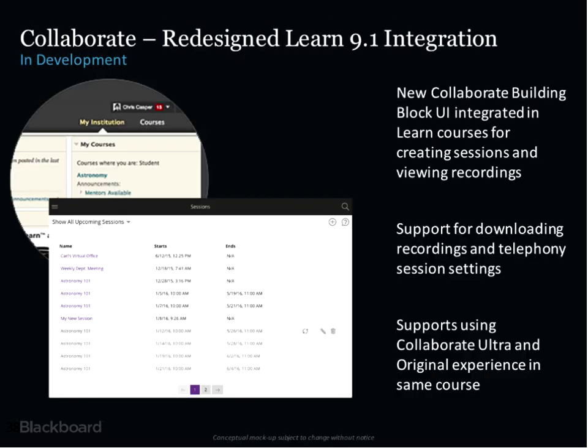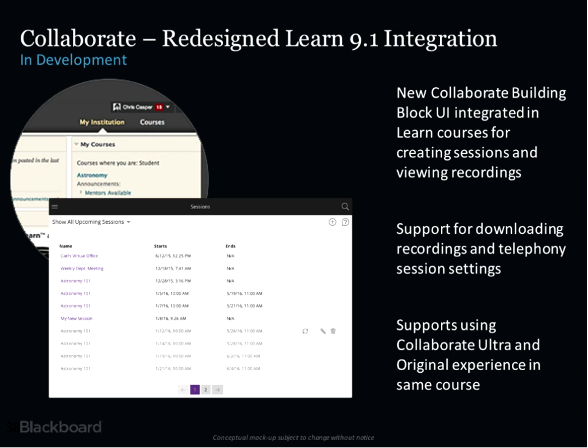Wade discussed the redesigned Learn 9.1 integration that is also in development today for Collaborate with the Ultra experience. And what you see here in the image is a screenshot of the Ultra design language applied to the Collaborate scheduling UI. So here is the list of sessions shown in the new Ultra design language, the list of recordings, integrated very deeply into Learn, or I guess intuitively into Learn, I should say, which allows additional support.